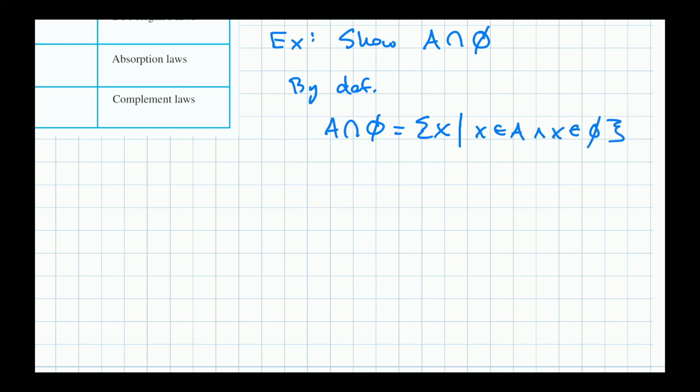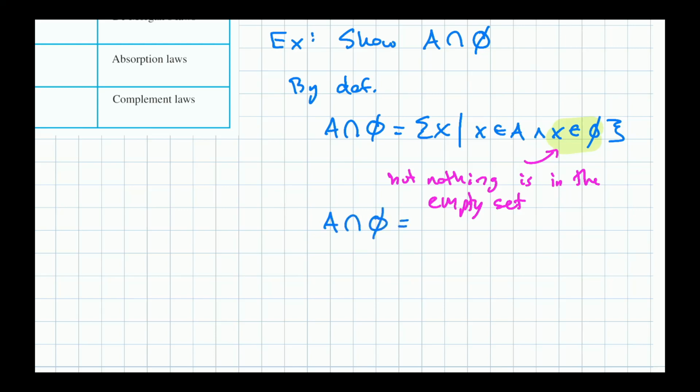Okay, but then look at this right here. You have to have x in the empty set. What is in the empty set? Nothing, right? But nothing is in the empty set. That's why it's empty. So what do you get? Well, it's just going to be nothing. So when you do the intersection of A and the empty set, you're going to get the set of all x such that x is in A and the empty set, but that's nothing. So you just get nothing. And that's your,